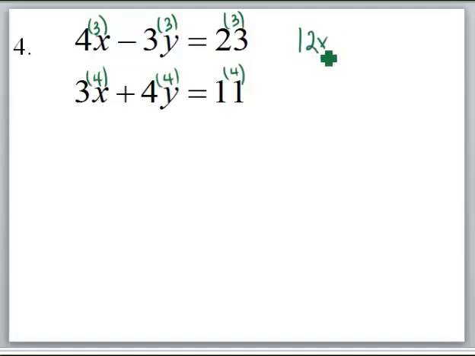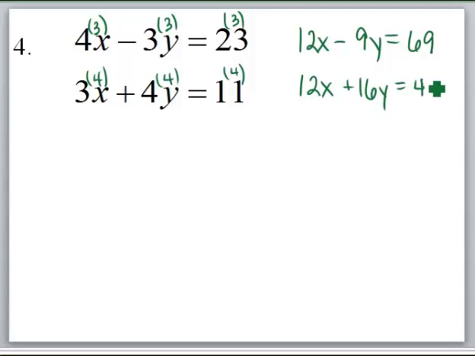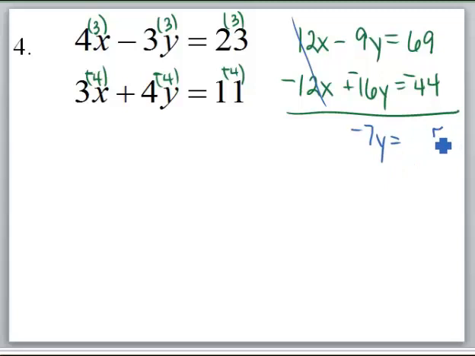So we get 12x minus 9y equals 69. Down below I get 12x plus 16y equals 44. Well, now I have two positives and I need one of them to be negative. So what I really wanted to do was actually multiply by a negative 4 everywhere. Or I could have just changed the signs once I came over here. So what happens is these create 0. This gives me negative 7y equals, this is a